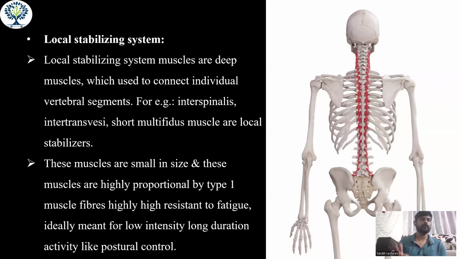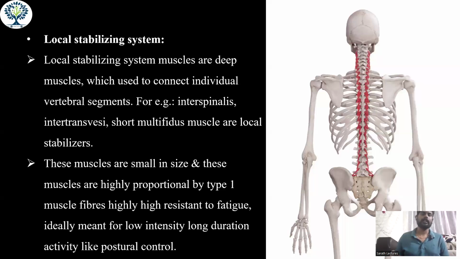Okay, these are all the things you may get. So the muscles are small in size, but those muscles are rich in muscle spindles. That is the main proprioceptors, thereby you are able to sense the current spine movement. Whenever you do even a small movement, that muscle can sense the movement. So those muscles have a high amount of proprioceptors, and also a high proportion of type 1